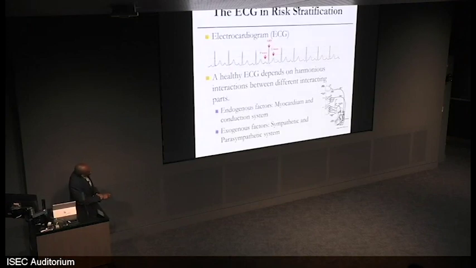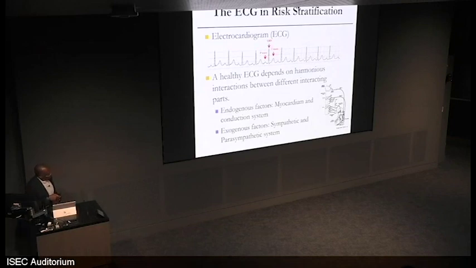So the electrocardiogram. The electrocardiogram is a measurement of electrical activity through the heart. This is a sample electrocardiogram taken from a patient who's normal. A normal electrocardiogram tells you a lot of things. It tells you that the heart muscle, the conduction system at least, of the heart is normal. And the interaction between the heart and the brain is normal, because everyone's got a certain heart rate. The heart rate is not constant. It changes with time. If you record the electrocardiogram over a period of time, there will be changes in the heart rate that you can measure from the electrocardiogram. So with a normal electrocardiogram, the heart's normal, and its interaction with the rest of the nervous system is normal.